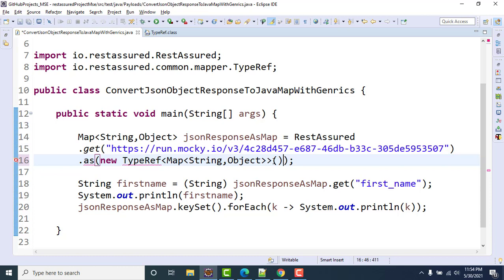Here we don't have any abstract method in this TypeReference class, so the body will be empty, like this. This is the way we create an anonymous inner class. I can cover how to create an abstract class instance using a subclass and this anonymous inner class in some other video, but this is the way we need to go for it. In the beginning you'll feel some confusion, but that is the way you need to use it.